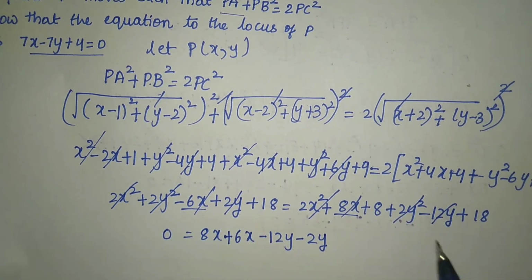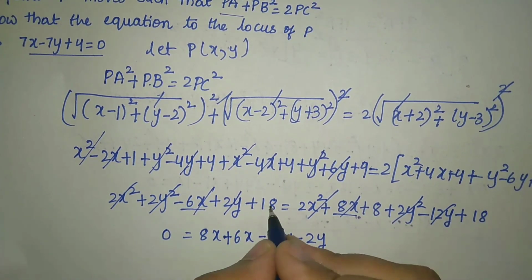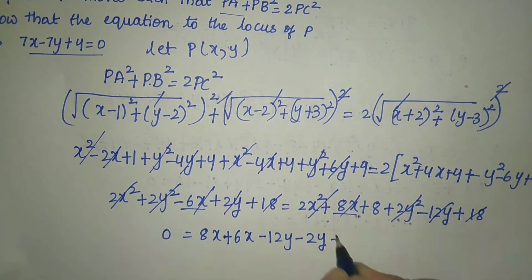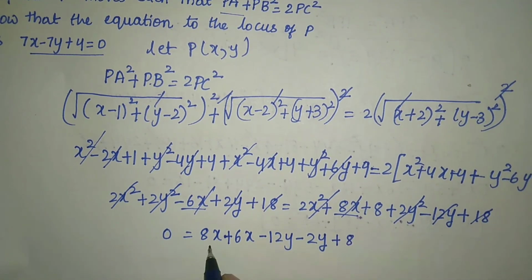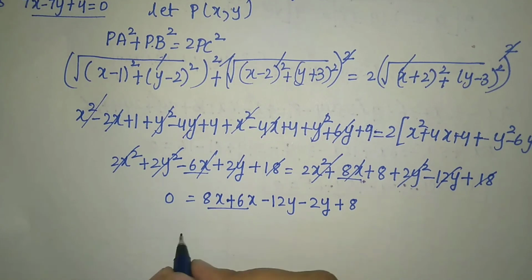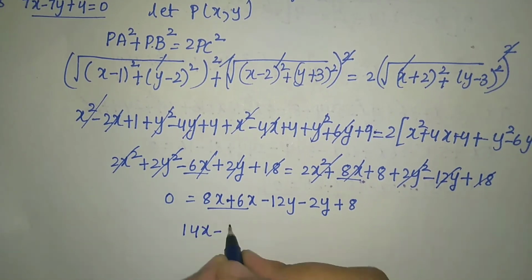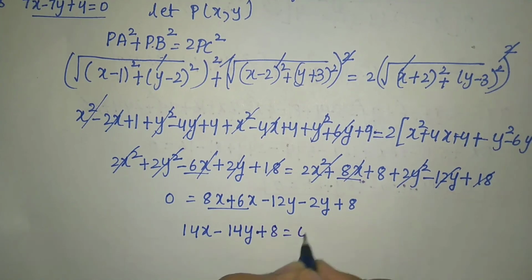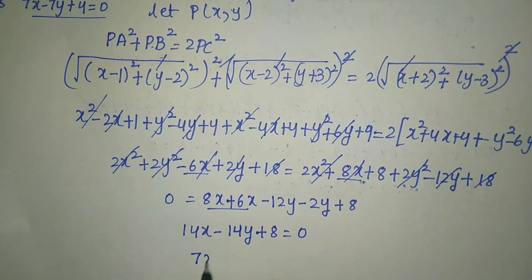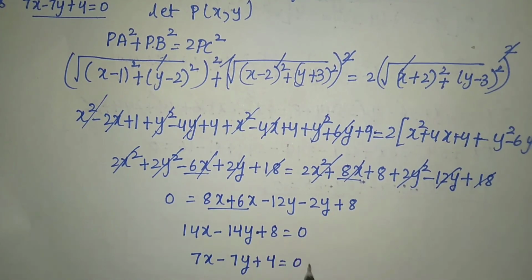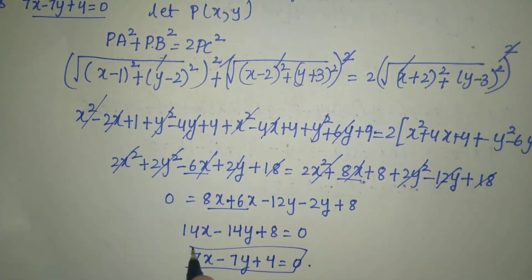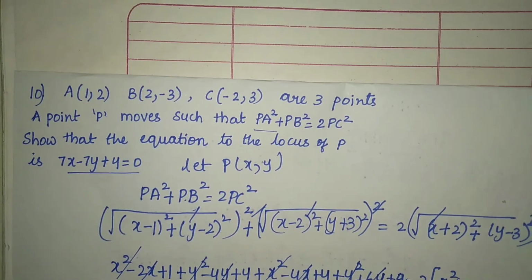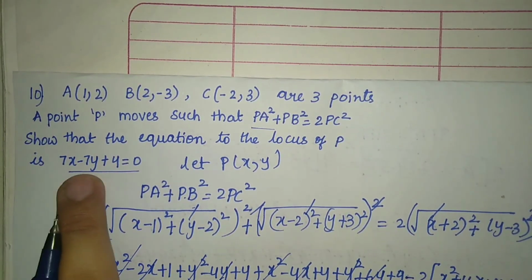Next, 18 will get cancelled and you have only 8. So 8 plus 6 is 14x minus 14y plus 8 is equal to 0. Take 2 common and cancel. 7x minus 7y plus 4 is equal to 0. So this one only they are asking us to show. See. Therefore this is the